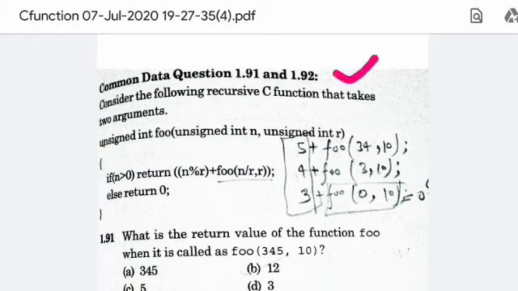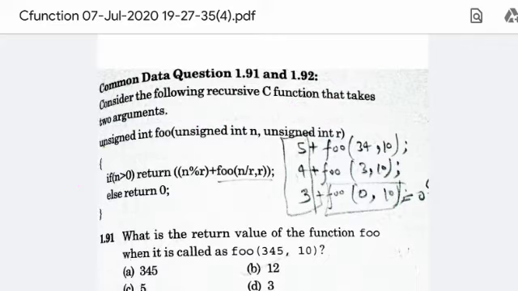Consider the following recursive C function that takes two arguments. Here the arguments are unsigned int n and unsigned int r, and the condition is given: if n is greater than 0, return n modulo r plus foo(n divided by r, r), else return 0.